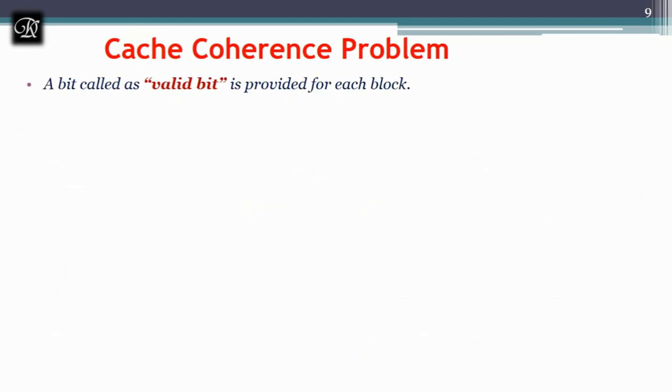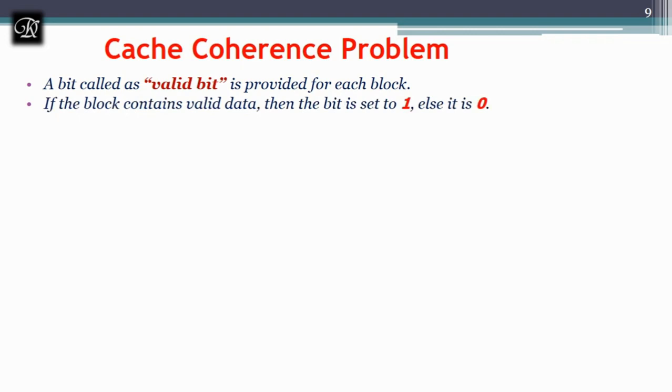Next, we'll see something called the cache coherence problem. As we have seen the dirty bit and modified bit, we'll have an additional bit called the valid bit. It tells whether the data residing in the cache and the RAM is valid. For example, if I have data on the hard disk which is updated by other processes from the other end, then the old data in the RAM and cache is not valid. The data updated in the RAM is valid, and the stale data in the cache is recognized with the help of the valid bit.